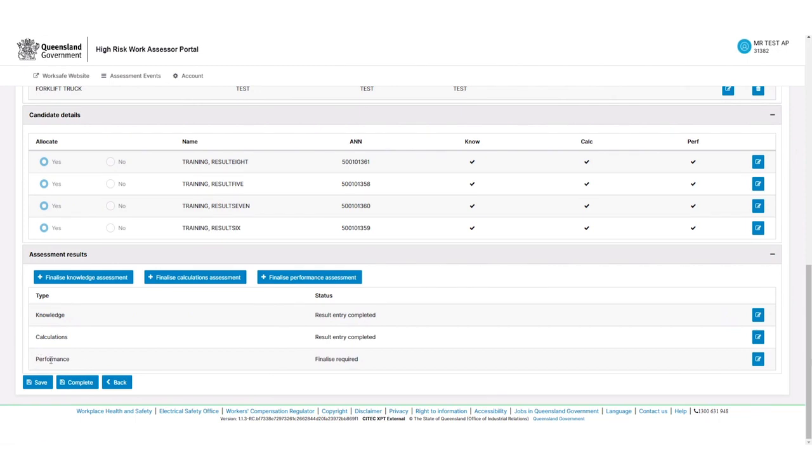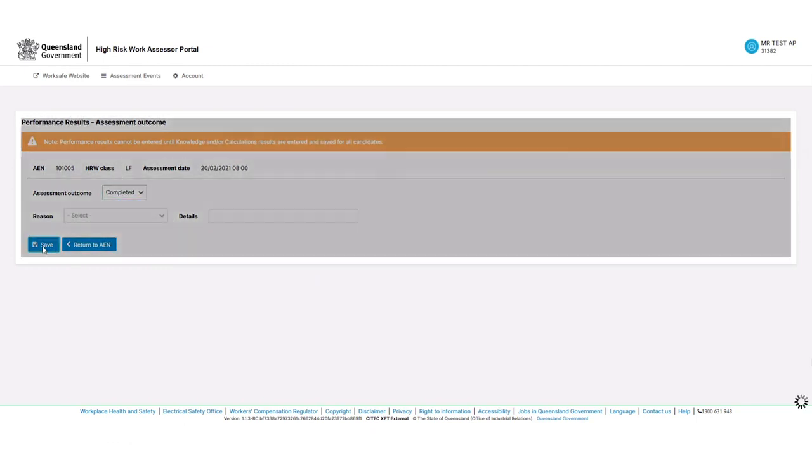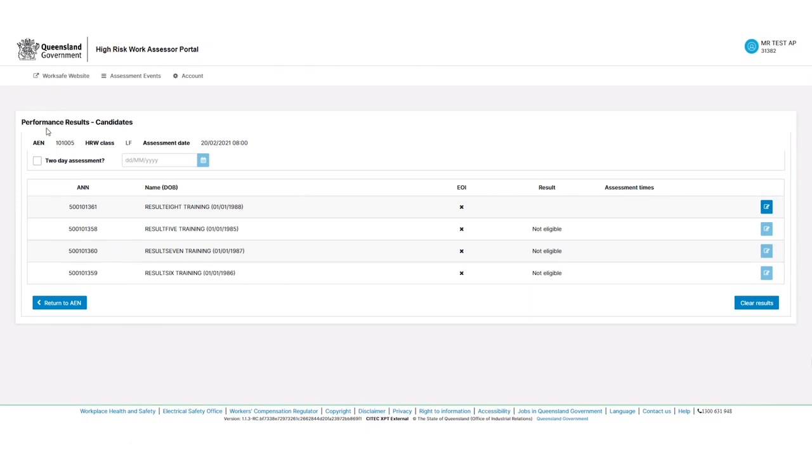At this point, you can head in and do the performance results entry. Now, important thing to note about performance results entry is that you must finish the knowledge and the calculations results entry for every candidate before you can enter performance results. So once we're ready to enter performance results, we can finalize that assessment by hitting the finalize performance button. You'll also get an orange banner text here. It'll tell you, note, performance results cannot be entered until knowledge and or calculations results are entered and saved for all candidates. So if we select completed and we select the save button, we'll be taken to a performance results